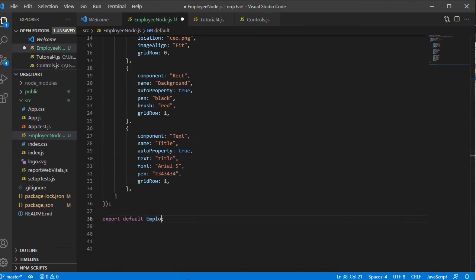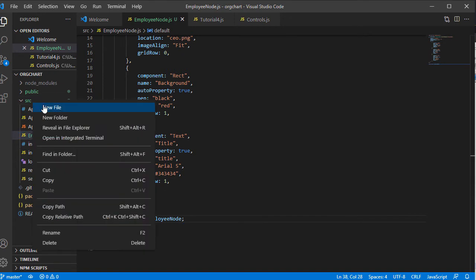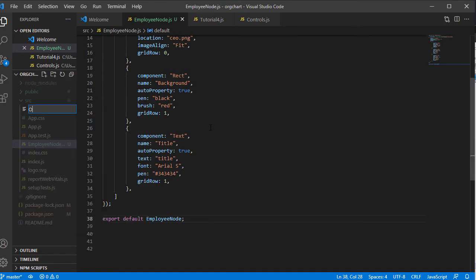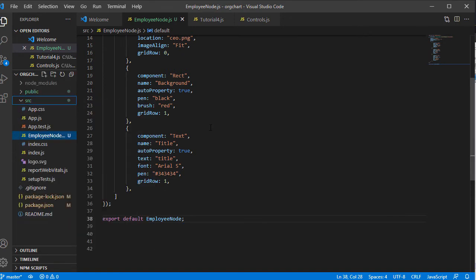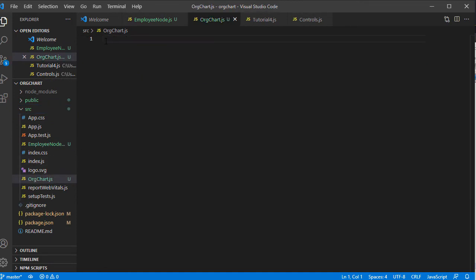Now we need to add the default export for this const class, and we can add it to a diagram to see what we've done. We create a new file named orgchart and paste there the code from the start of the controls React sample.